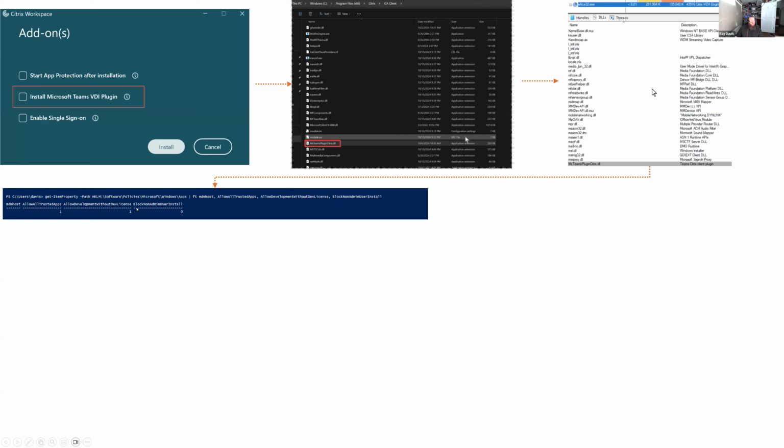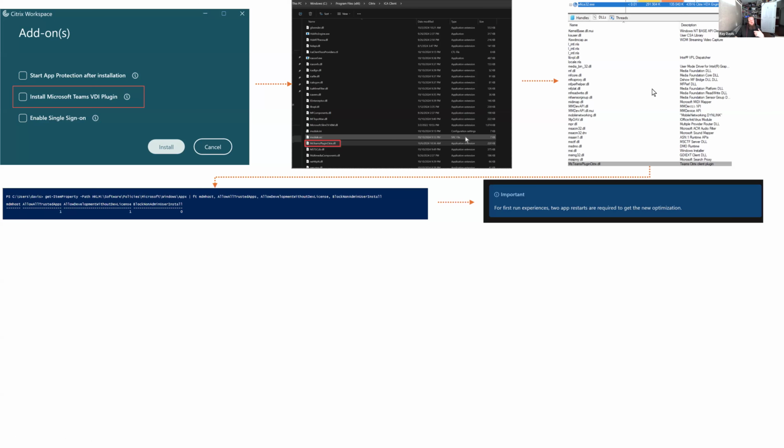That's what's going to tell me that, in time, when the plugin reaches out and does what it needs to do, these are good and it can get what it needs. And then after this, part of the Microsoft documentation is that it doesn't take effect right away. They say 2 app restarts. I've had to do like 6 or 7 to get it engaged. Like I said, it just depends, and I don't really know why. I think it's just all the checks and balances it's trying to do. But once that engages,